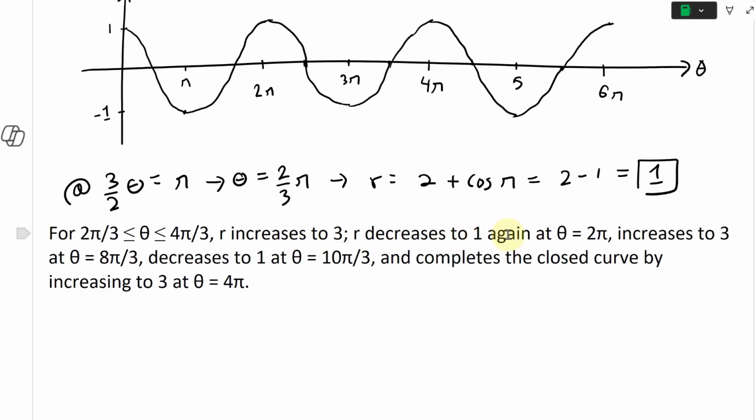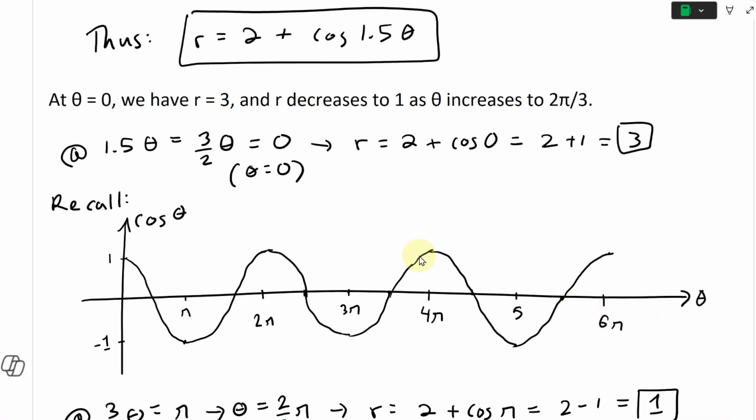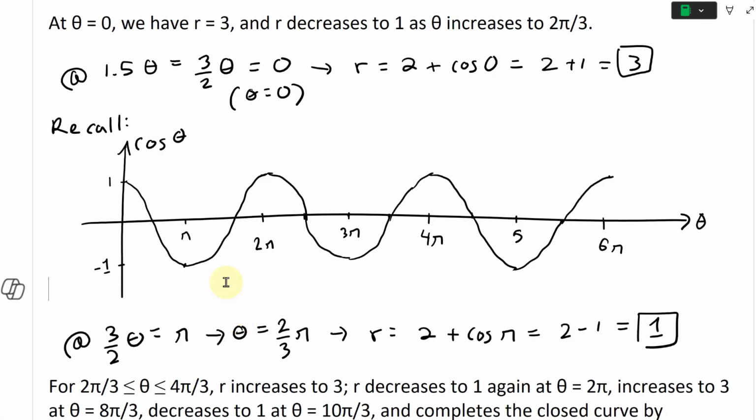And then r decreases to 1 at theta equal to 2 pi, and increases to 3 at theta equals 8 pi over 3, decreases to 1 at theta equals 10 pi over 3, and completes the closed curve by increasing to 3 at theta equals 4 pi. So it's 2 loops, but this 6 pi is actually dealing with